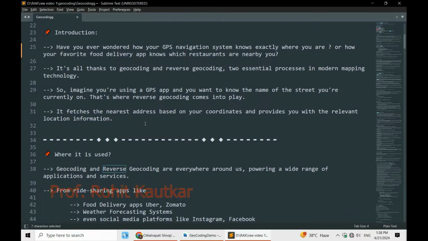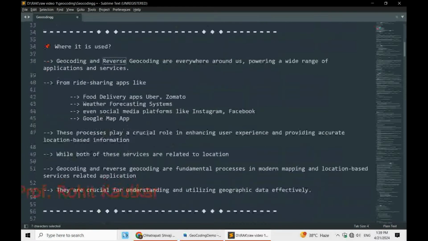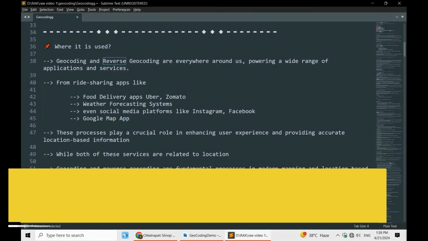So it fetches the nearest address based on the coordinates like latitude, longitude, and it provides you the relevant location information. So relevant location information may include various things. City name may be there, district name may be there, country name, state name, and so on. So that's why it is important to learn geocoding and reverse geocoding nowadays. Now let's move further and understand